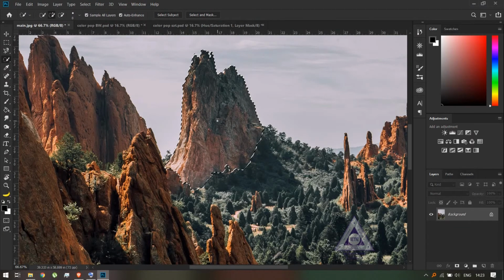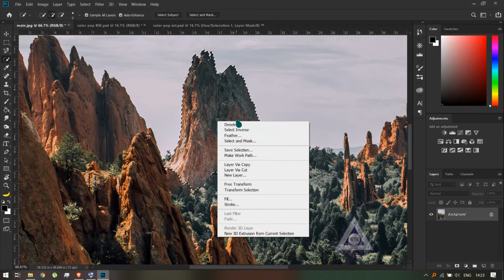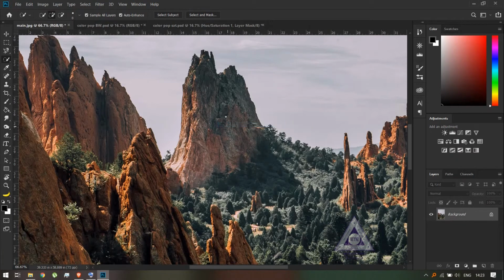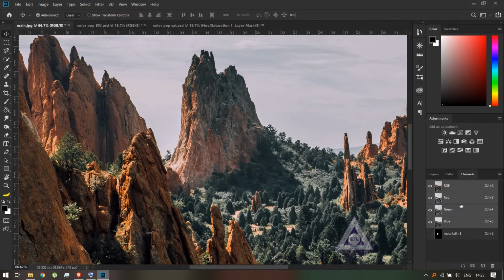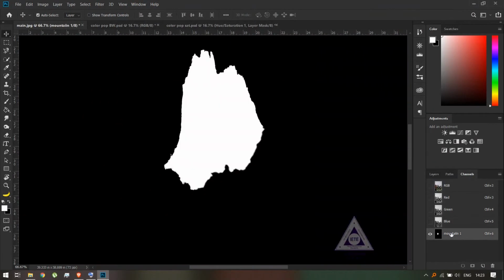If I deselect it by right-clicking and choosing deselect, and now I want this selection again, I'll go to channels, and right here you can see that there are different layers, and there is mountain 1, which was the selection name that we had given. I just click on it while pressing down the Control button. It will make the selection.